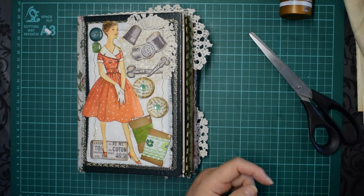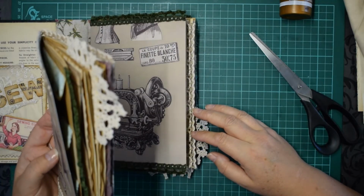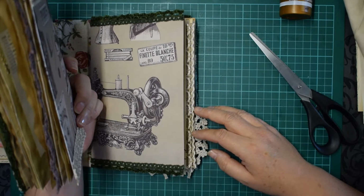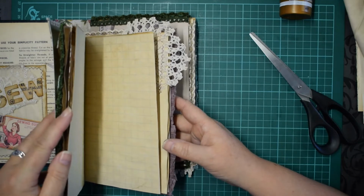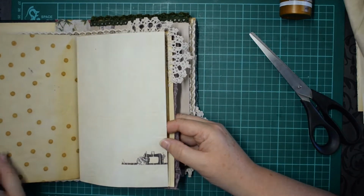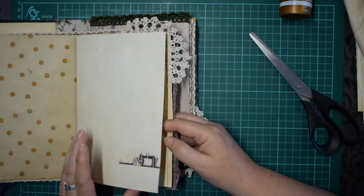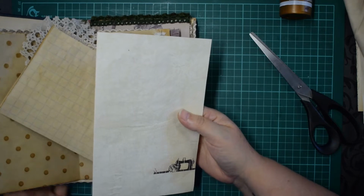Right. Oh, there was one more thing I wanted to do. Oh, it's just as well I thought about that. Yes. Okay, so do we want it in the first or the second, or should we do one in each? I think we'll do one in each. Right, so I was going to cover that page up as well, wasn't I? Maybe we could do this on here, and that's going to cover that up. So what I want to do,